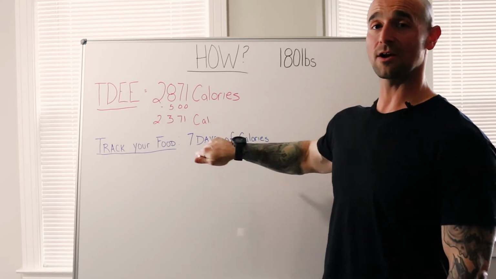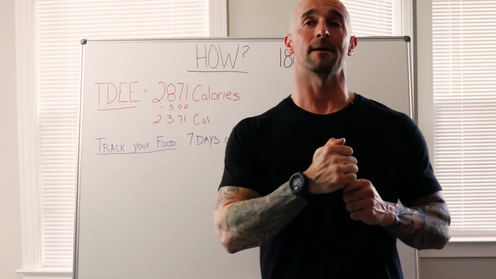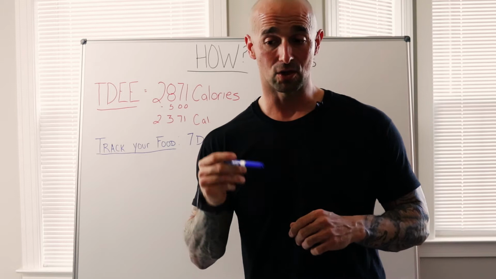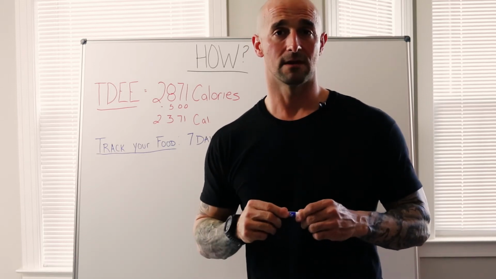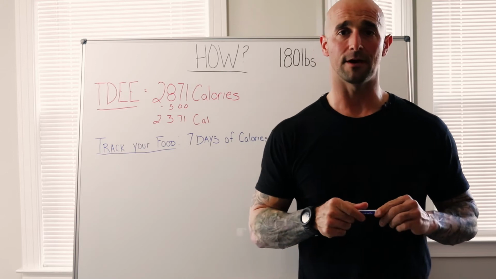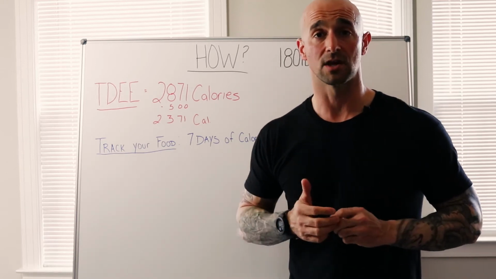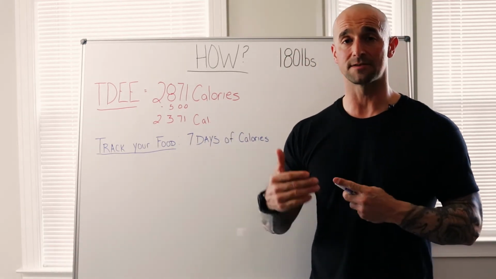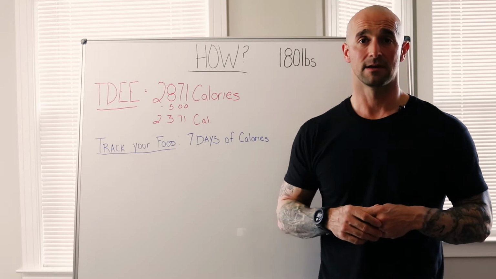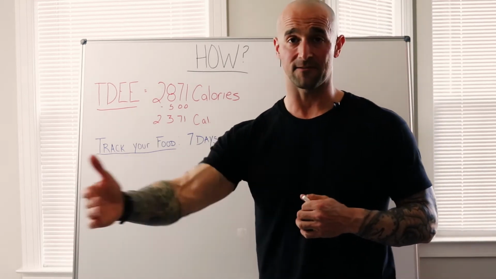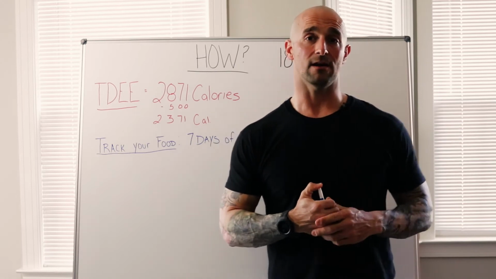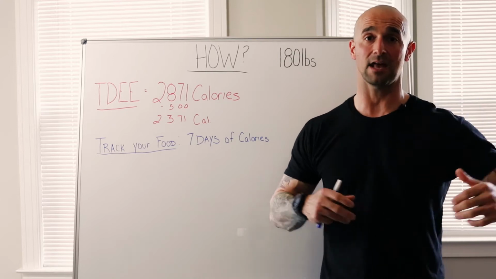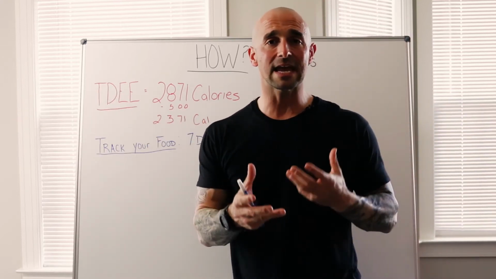So, we got our calories for what we actually eat, because even if you eat out all the time, more than likely, daily, you eat about the same number of calories. There may be one high day, one low day, whatever, but for the majority of us, we are creatures of habit. The human being loves to do the same thing over and over again. And normally, that's eat breakfast here, eat lunch there. Maybe I get a burger one day, but I get pizza the next. And then the next day I get pizza again, or the next day I get a burger. Like, usually it's the same types of food.